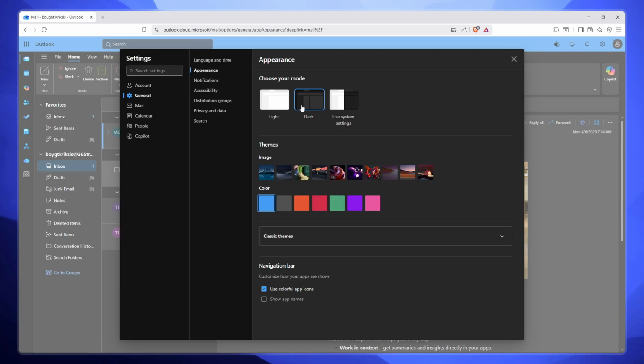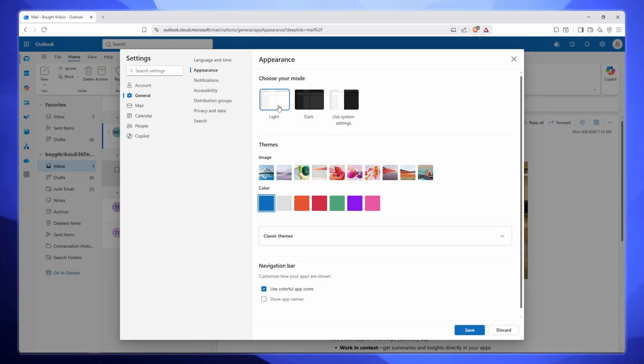From the appearance options that are now visible, simply click on the light option. This action immediately switches your Outlook interface from dark mode to light mode, giving you a brighter, more traditional email viewing experience. The light theme is easier on the eyes in well-lit environments and provides better contrast for reading emails